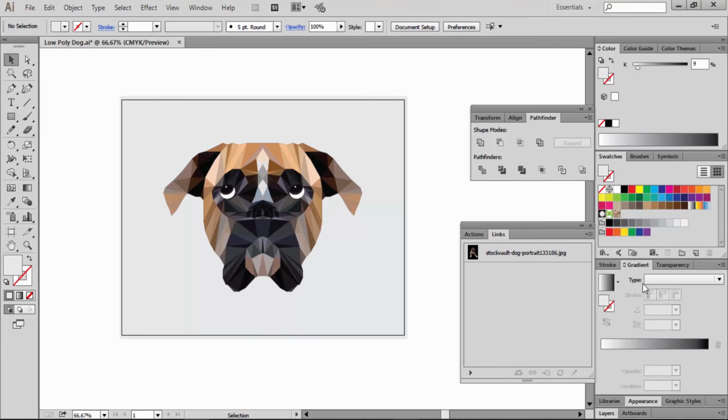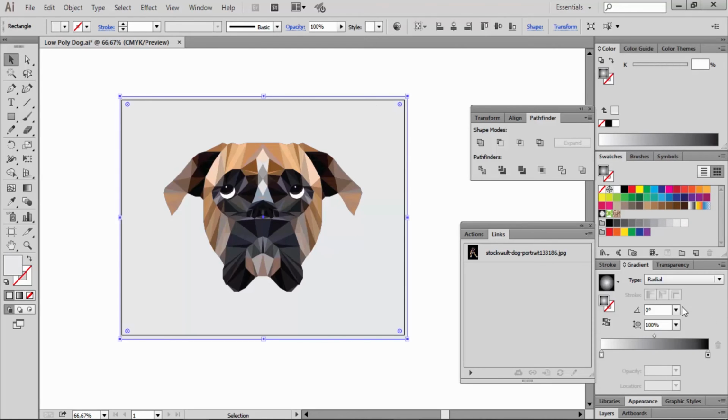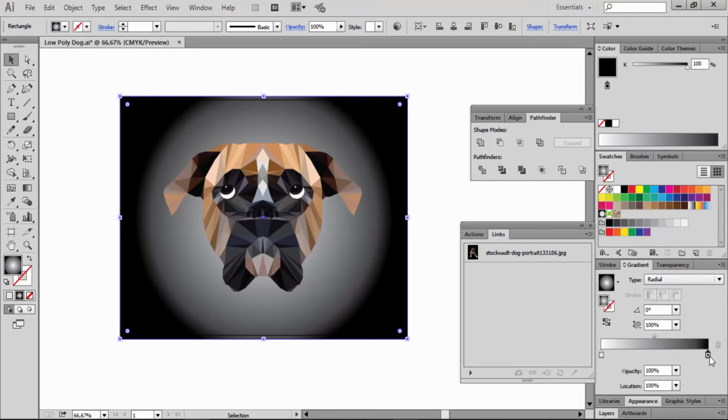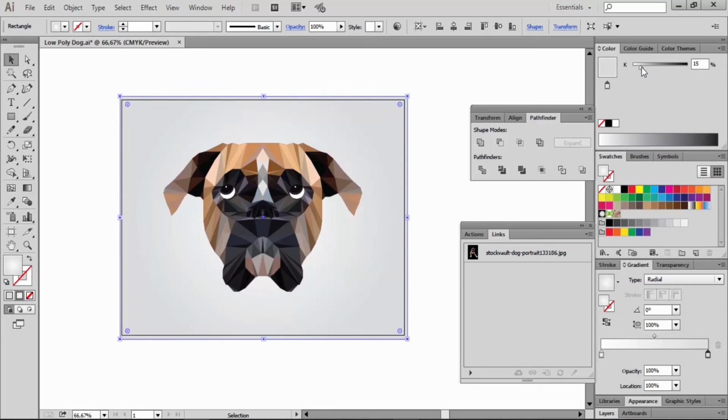Or we could make it a gradient. Let's go for radial. First we grab our object. Let's go for radial and something over here. I think 10% may work. It's just to add a little something.